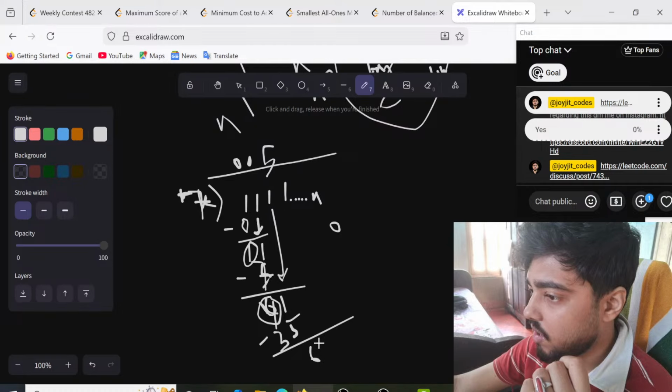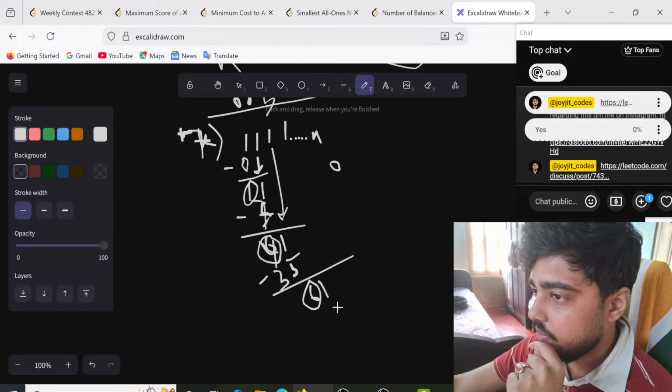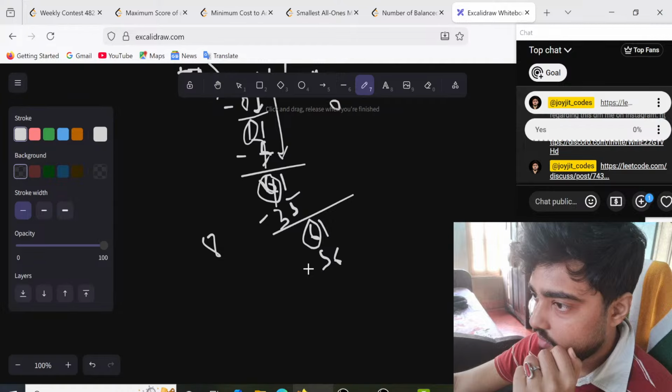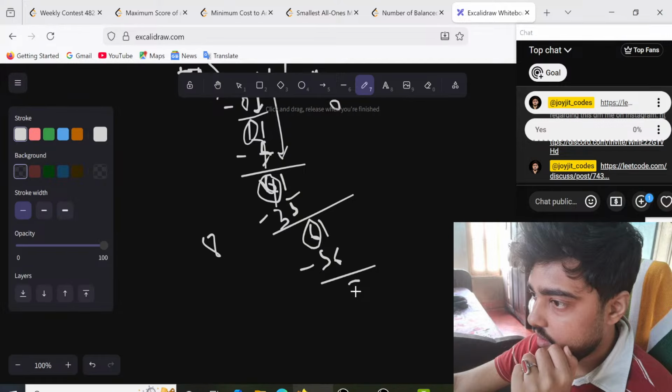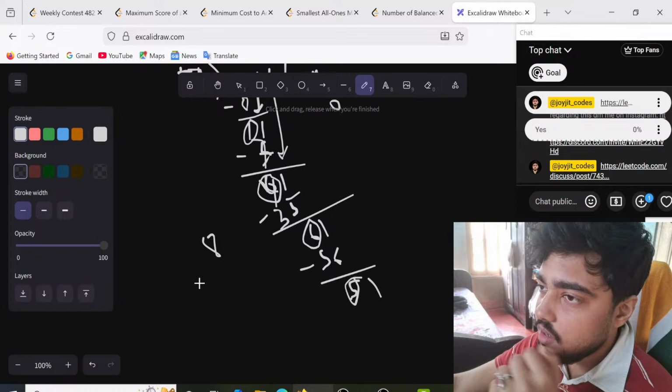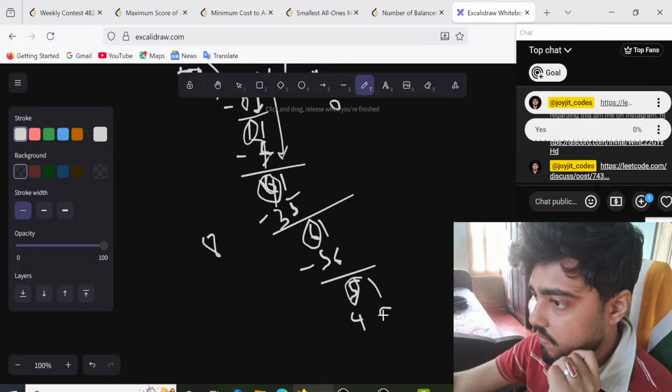Another thing. Now let's say 61. So 7 8s are 56. So what is the difference of it? It is 5. We get a 1, right? 51. So again it is 7, so 49, right? 49. So what do we get?